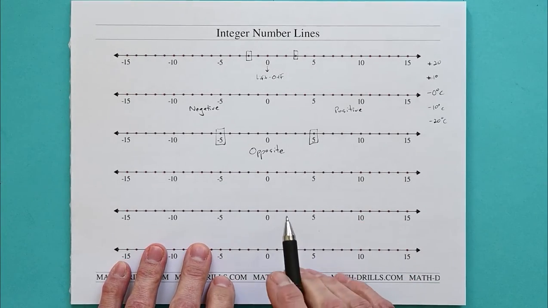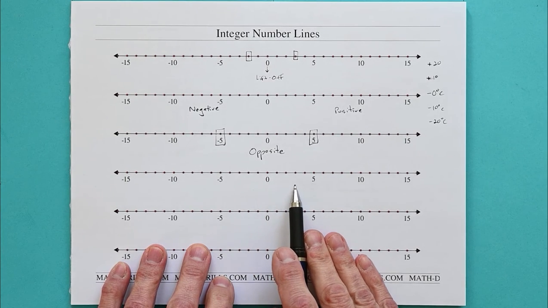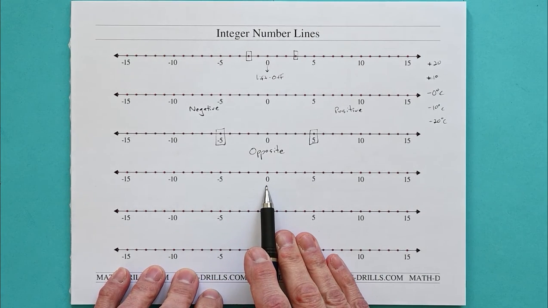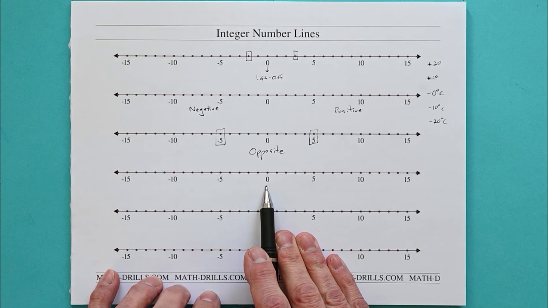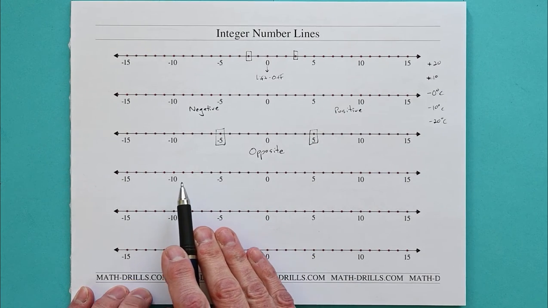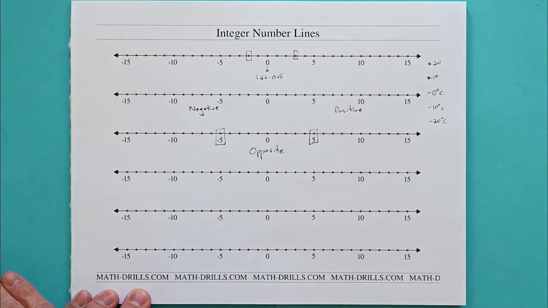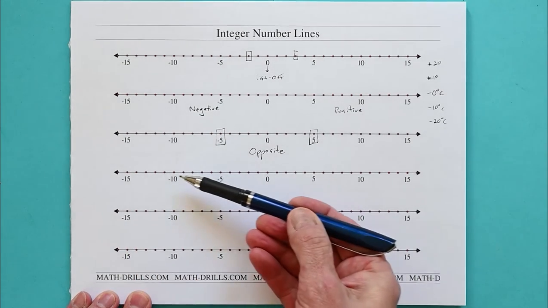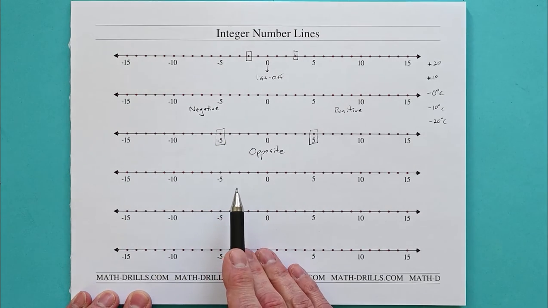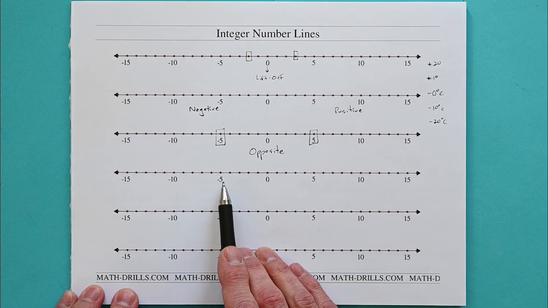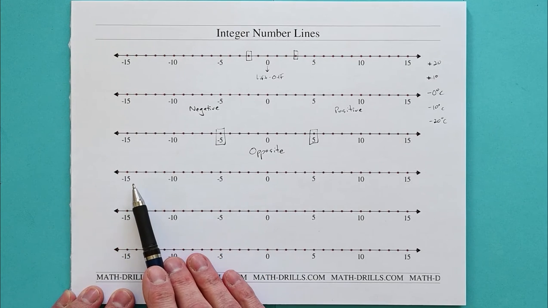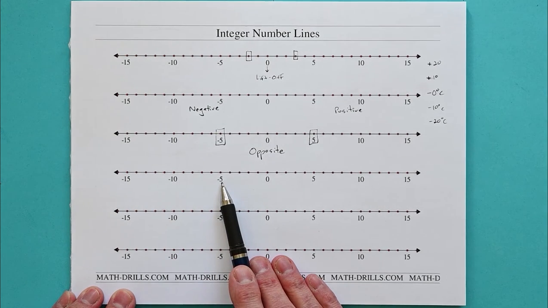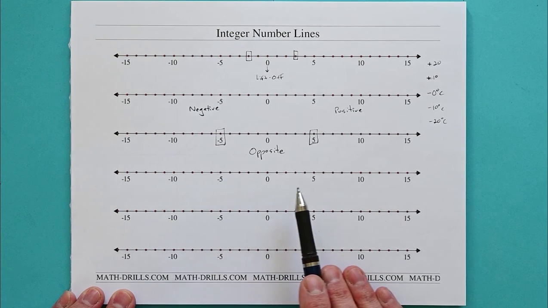Notice also that in the world of integers, if we move to the right from 0, our numbers get larger and larger in value. It really happens the same way as we move to the left of the 0. We have a 5, a 10, a 15, 20, 25. The absolute value of these numbers is growing as we move in that direction. However, the actual value of these numbers is getting less and less. So we would always say that negative 15 has less value than negative 5, which obviously has less value than